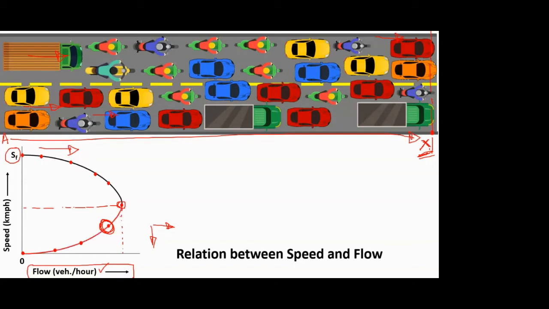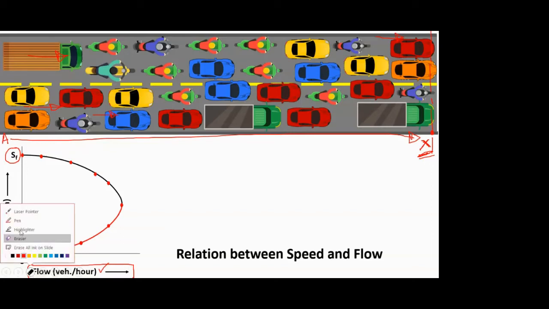All right. So now if I join these points, I'll get a parabolic type of shape. And again, if you see, the curve is given two colors. The black one is the normal phase, and the red one is the oversaturation or the congestion phase. And again, I have plotted some points.